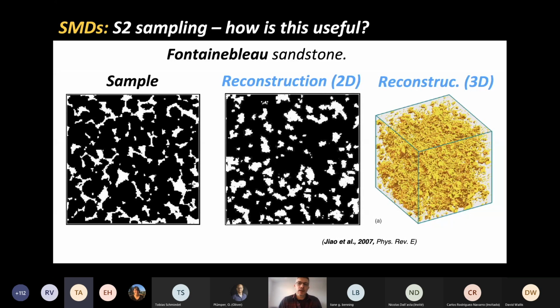I'm happy with this. Now, whether or not you're happy with this may depend on what you want to do with this reconstruction. I would argue that if you wanted to represent fluid flow, this reconstruction is probably not accurate enough for your purposes. If you wanted to represent statistical or static mechanics, for example, so geomechanics, this may be a good enough reconstruction. It depends highly on what you want. But what happens when the material is more complex?